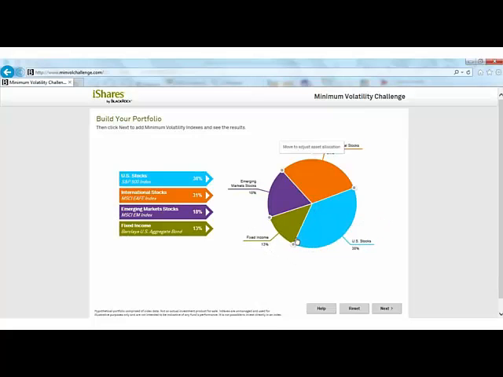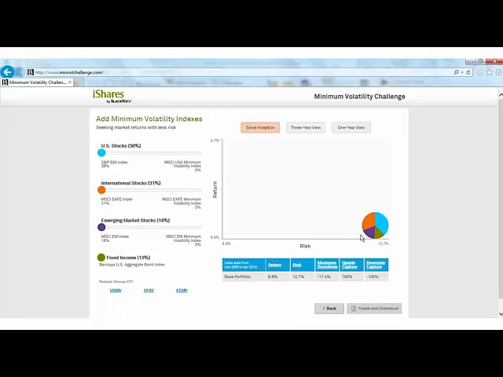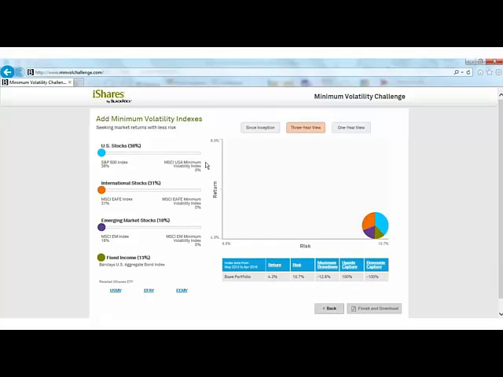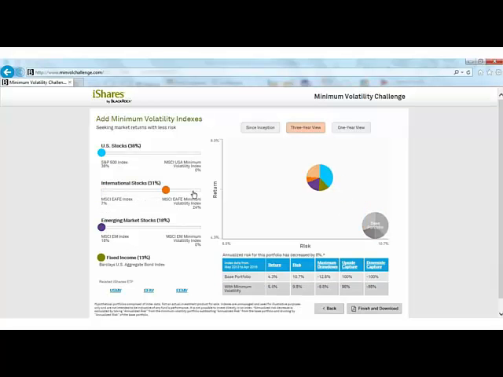The idea behind the min-vol challenge tool is that you can select your individual asset allocation and then view in dynamic space how a portfolio would change as you increase allocation to minimum volatility. So on this first page, you can change these slider bars to change your allocation to domestic, developed international, emerging markets equities, for example. And when you click next, it will take you to a view that allows you to dial up or down exposure to minimum volatility within each of the sleeves of the equity component of the portfolio.